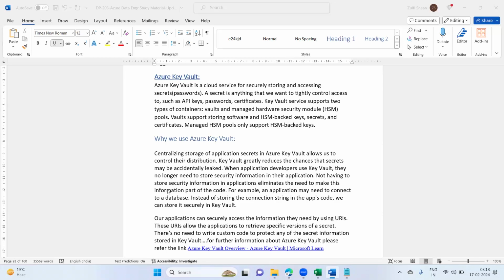All right, thank you guys. So here we are saying Azure Key Vault. What is Azure Key Vault? It's one of the services in Azure Cloud Computing. We use this service to store the secrets, keys, and certificates of our